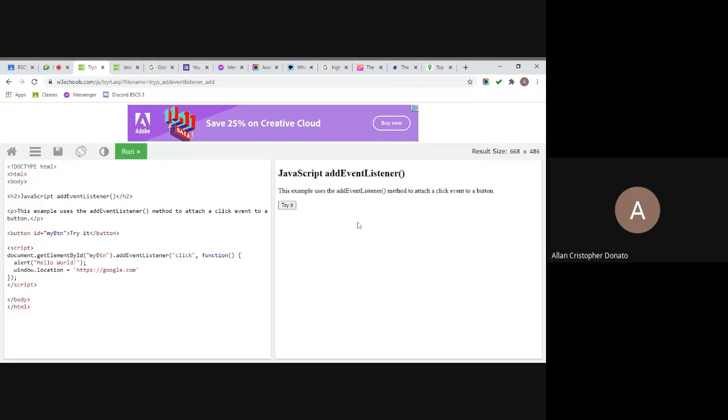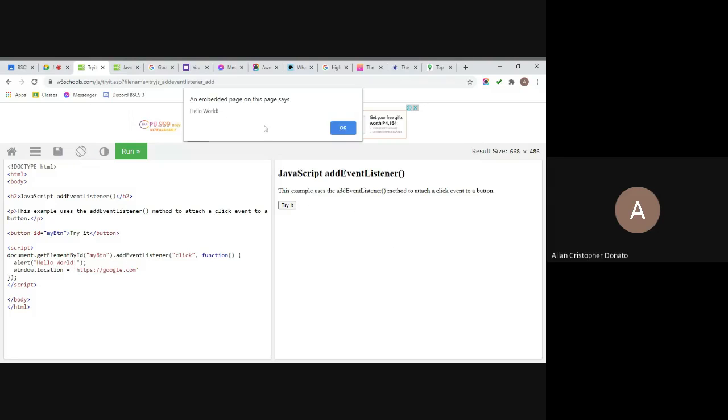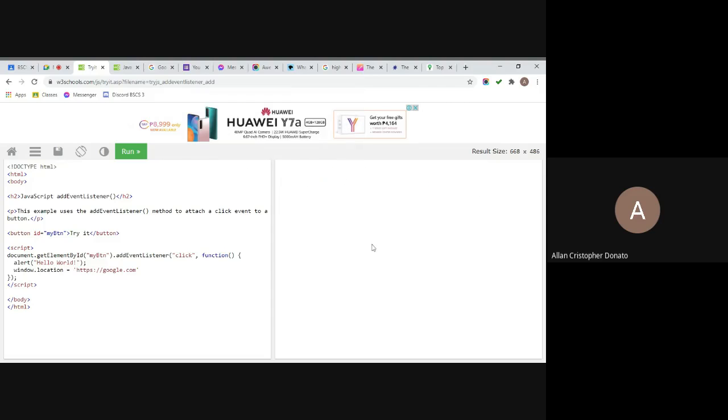So let's run it. Try hello world, which is your alert hello world. After clicking OK, it tries to go to google.com although Google refuses to connect. I think this is because this is just an iframe, so there's a restriction from Google. Okay,